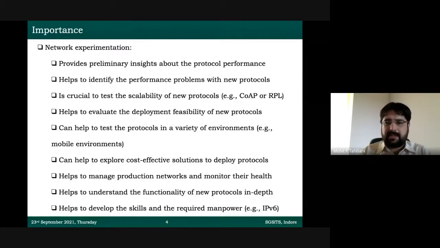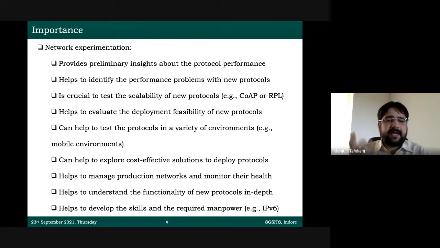When you do this work, you will identify the problems associated with those new protocols as well. That is why it is extremely important, and highly recommended, that before a new protocol is deployed on a live network, it should be tested, experimented with, bugs should be identified, and those should be resolved.